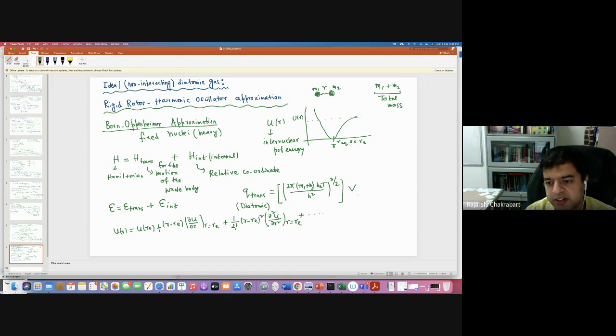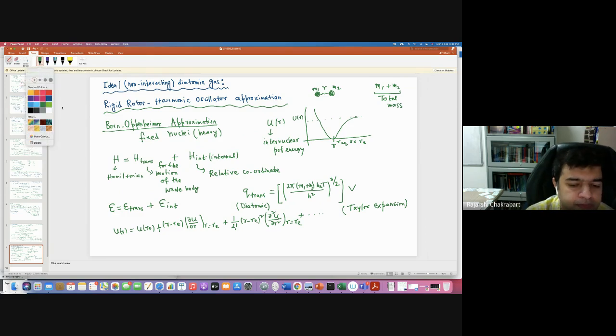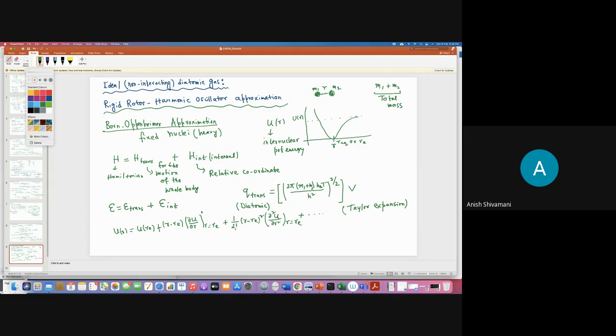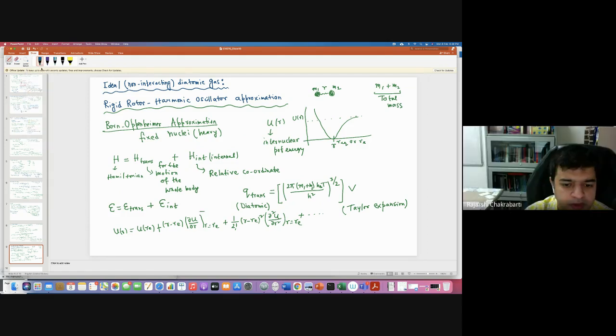You know this, the Taylor expansion essentially. Okay, what about this term? The first term? Can we assume it to be zero if that is the zero of energy? Yes, it is. Because you are at the equilibrium geometry, no? It is zero. So actually U of r becomes equal to, and then you can say that this part I can call